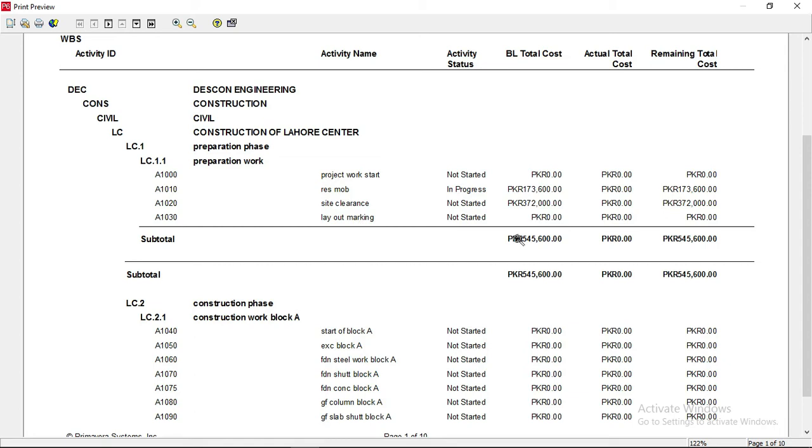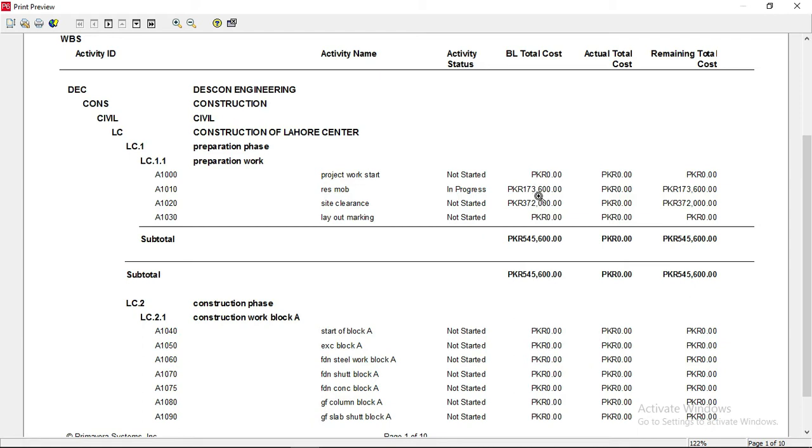But here you can see the activity status. Actually the problem is that I did not add the resources to other activities. I just added the resources to these two activities, so that's why it's showing the cost of these two